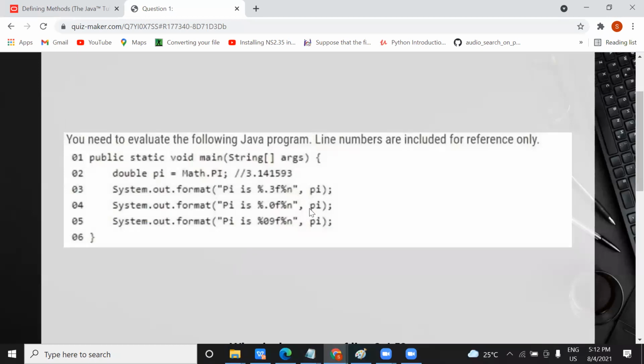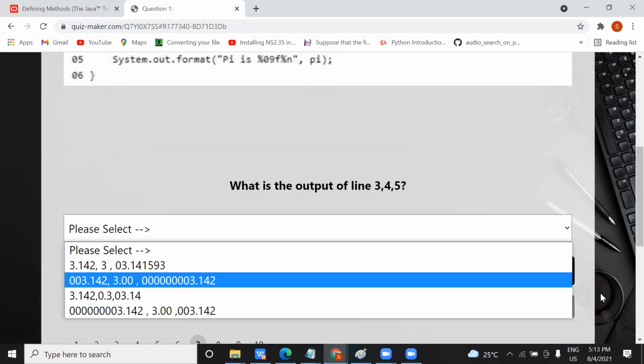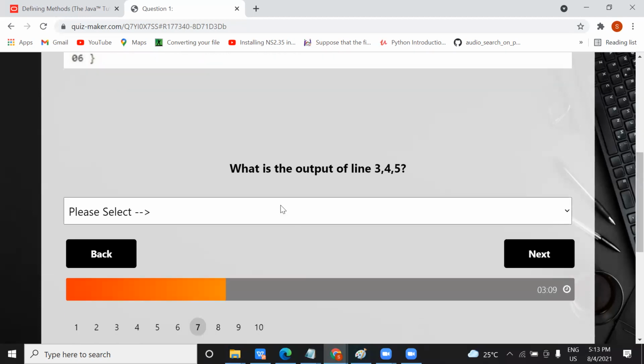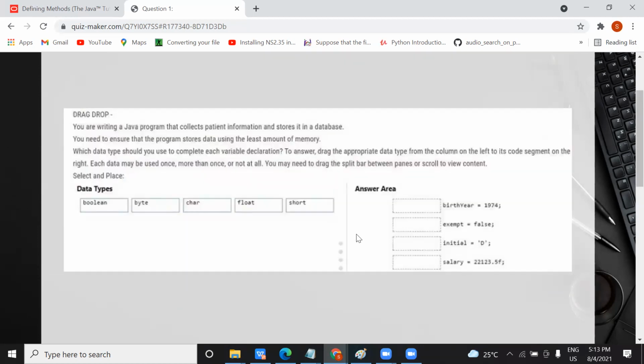Next question will come. Now similarly here, it has given that with the help of the Math.PI function, the pi value is 3.14. If you try to print it like this, percent dot 3, what will it print? Percent dot 0. These are format specifiers. It means that it will convert your input value into a certain format. So if you see the options, what option are they suggesting? Based on this analysis, you select it. Right now I'm just selecting one, I will explain it to you.